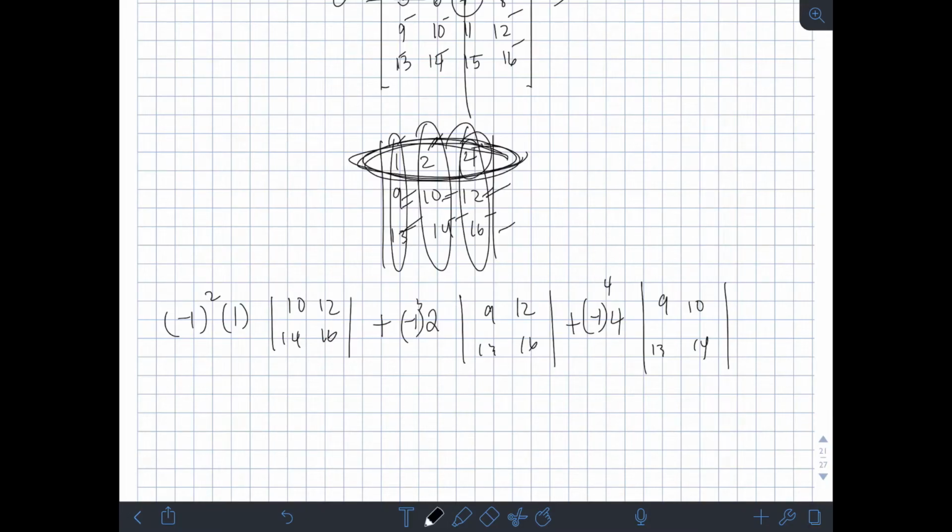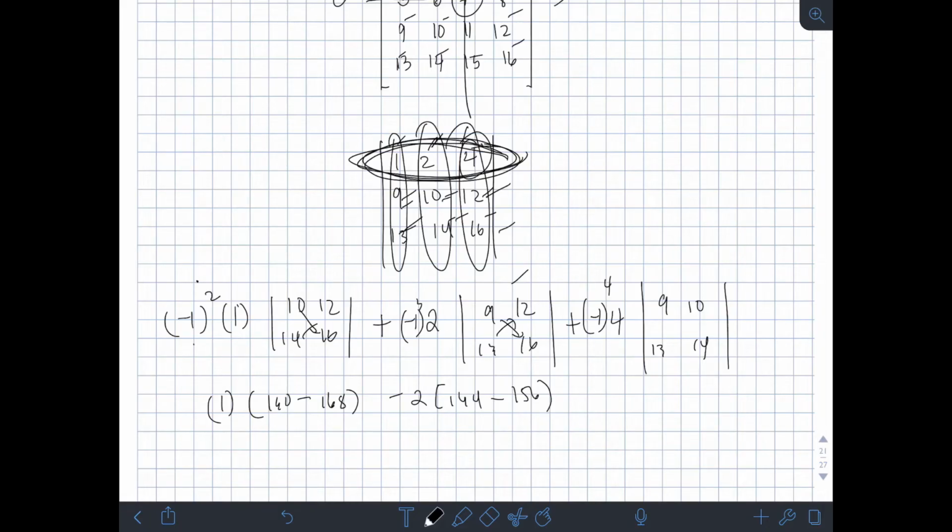Dahil 2 by 2 na, apply na natin yung method. So, itong negative 1 squared is 1 times 1 is 1 pa rin. So, 10 times 16 is 160 minus 12 times 14 is 168, plus negative 1 cubed is negative times 2. So, parang minus 2. Times determinant nito is product ng 9 times 16 is 144 minus product ng 13 times 12 is